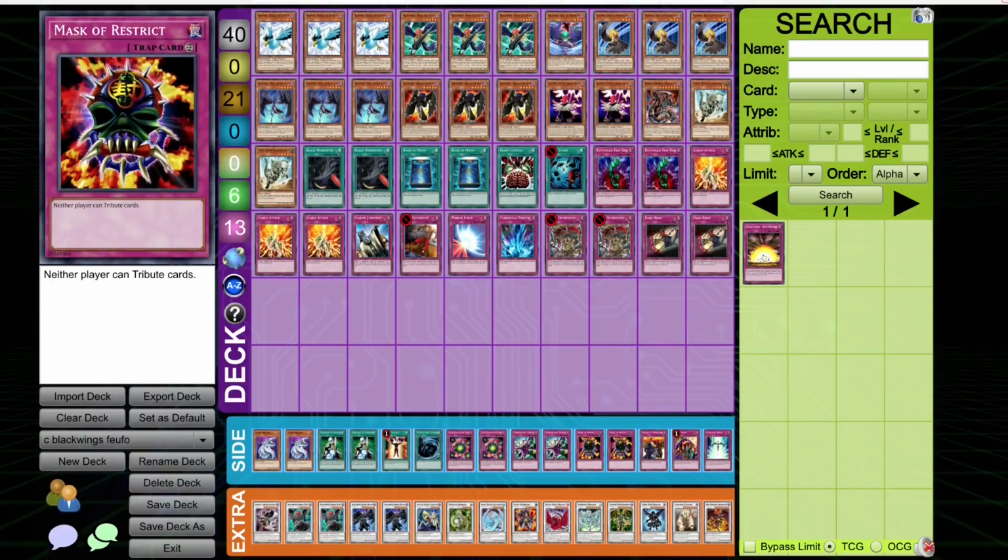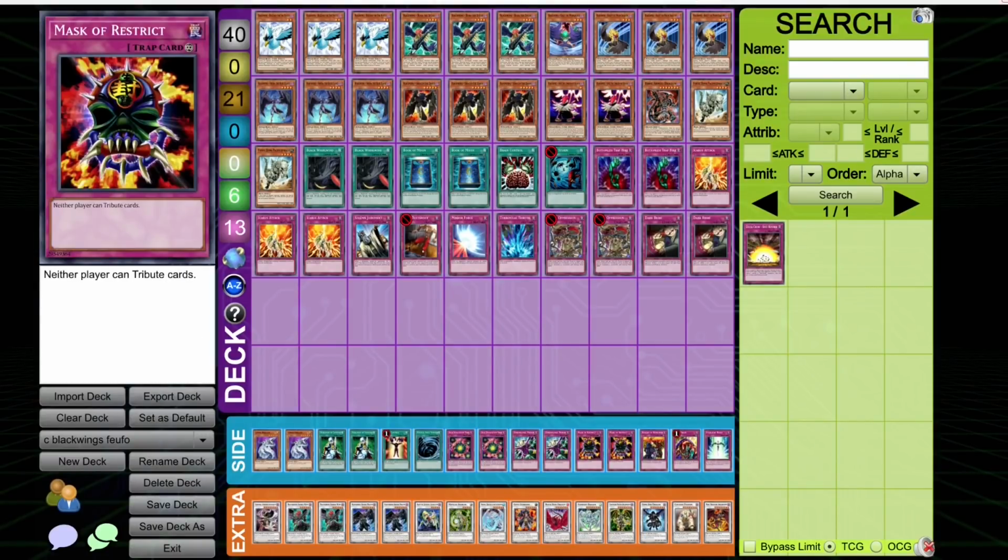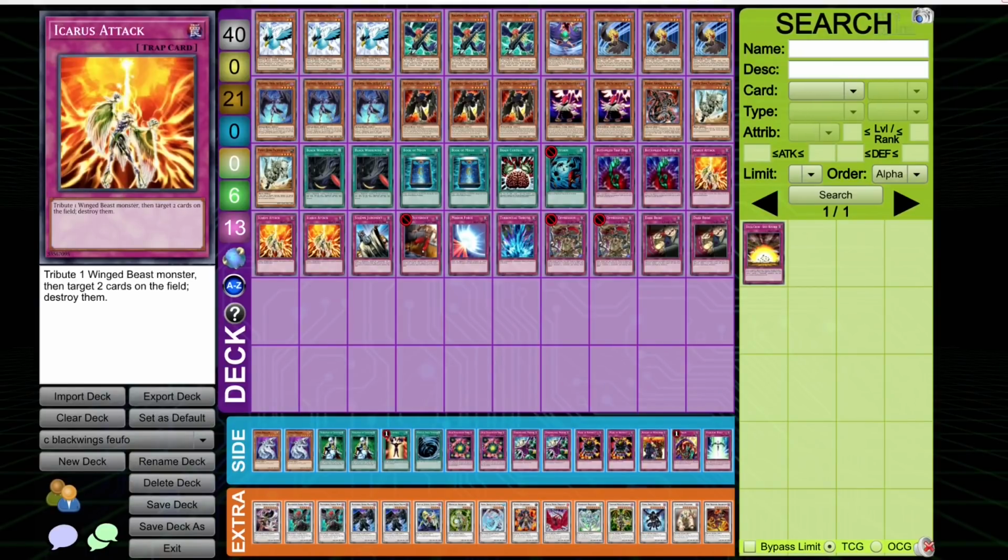While Mask of Restrict can conflict with Icarus Attack and occasionally Sirocco, oftentimes when you are bringing it in against decks like Monarchs, they physically cannot play the game if it's in play, so it's not too bad if your Icarus attacks are shut off in this instance. Also, Monarch decks tend to commit very little to the field, in which case your Icarus attacks are not that